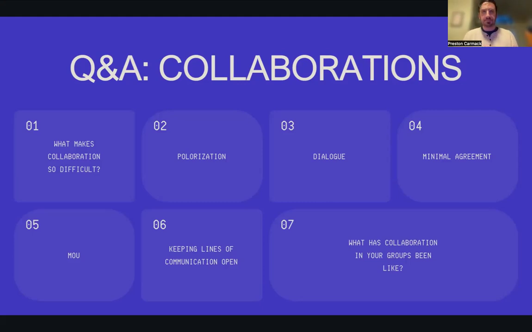And Dr. Arnett looks at dialogue and he says, okay, if we're going to move past polarization, the very first kind of small step is to be able to admit that I might be wrong. I can have strong convictions. I can have deep, passionate feelings about what I'm doing or what I believe. But if I don't have even just a small fraction of a percent that's willing to be incorrect and willing to be wrong, to take the other person's position seriously when it contradicts with my own, then that leads to polarization.